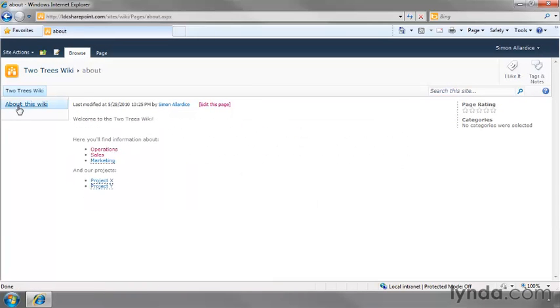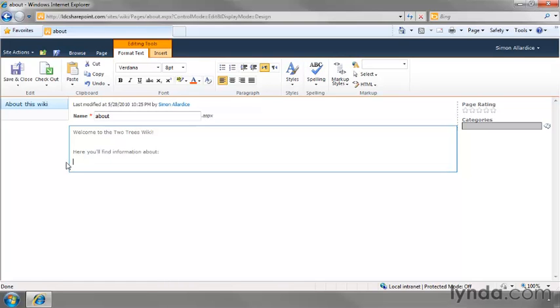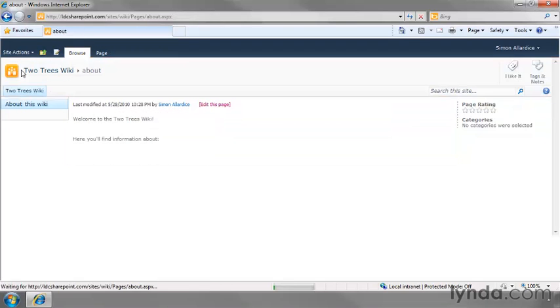Now, what happens if there's a problem? What happens if, for example, either accidentally or even maliciously, somebody deletes a whole chunk of content and then saves that? Well, not a problem. We're using the whole versioning idea that's built into SharePoint. If I come to this page and I think there's been a problem, even if I don't know for sure,